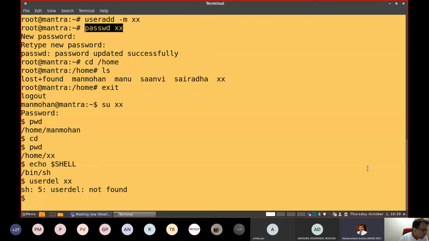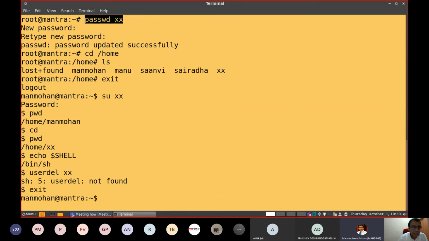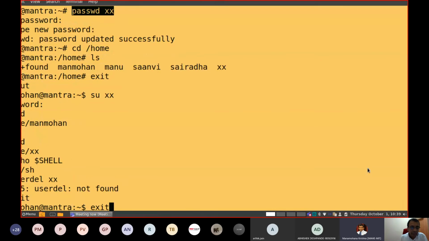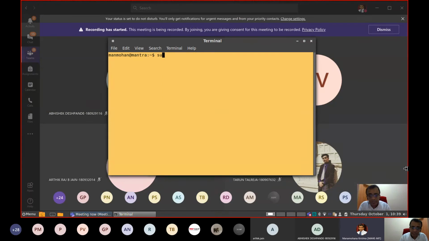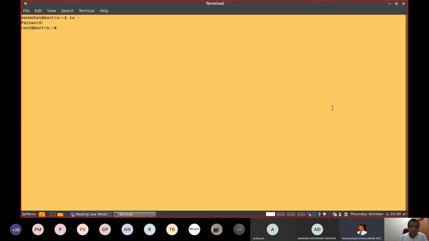Now I can't because I am within user xx, so I have to exit from here. So if you want to delete one user, you have to say userdel and username. Then the user account is deleted.